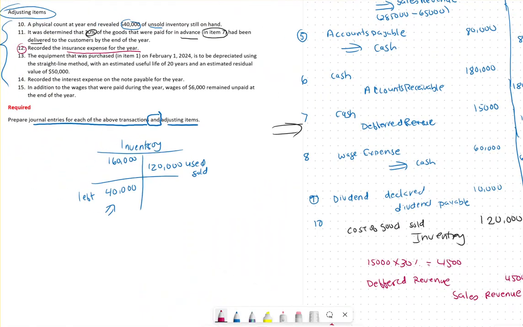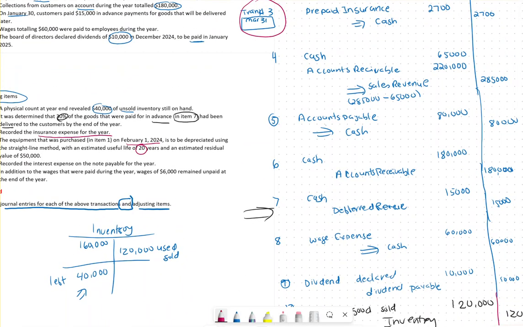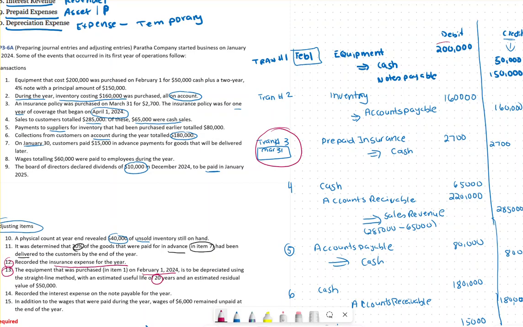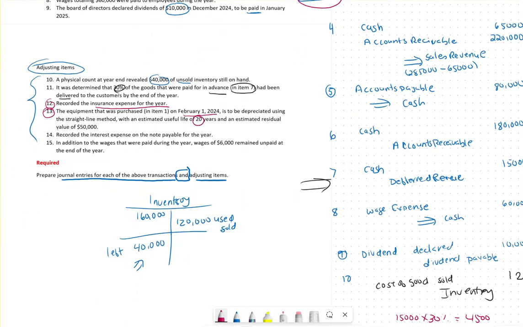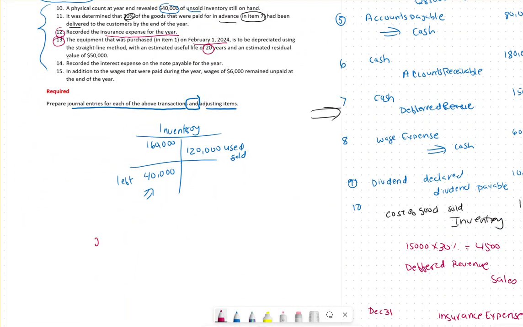We have equipment. We purchase an equipment. When did we purchase? On February 1st, and the useful life is 20 and residual value is 50,000. So we purchase an item one, we purchase an equipment. The cost of the equipment was 200,000. So they told us the cost is 200,000. My residual value, they told us in the question, is 50,000 divided by the life, which is 20 year, and